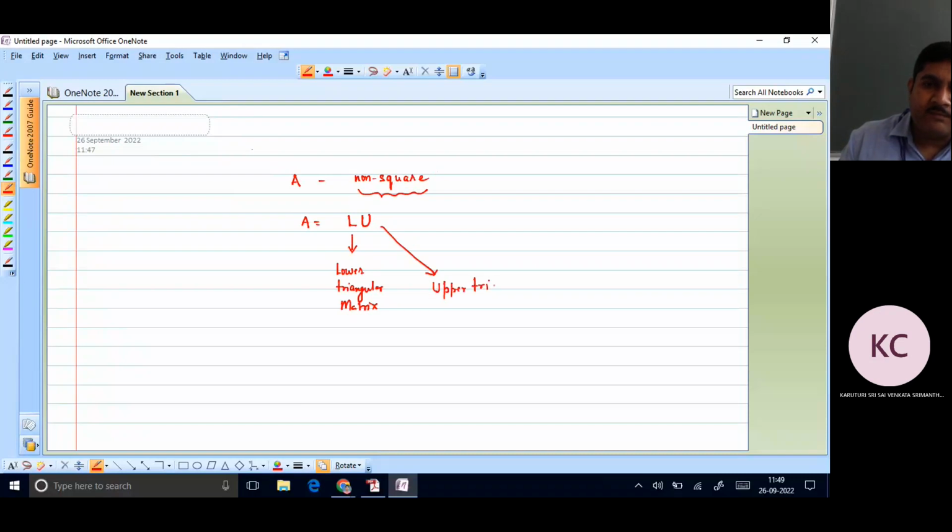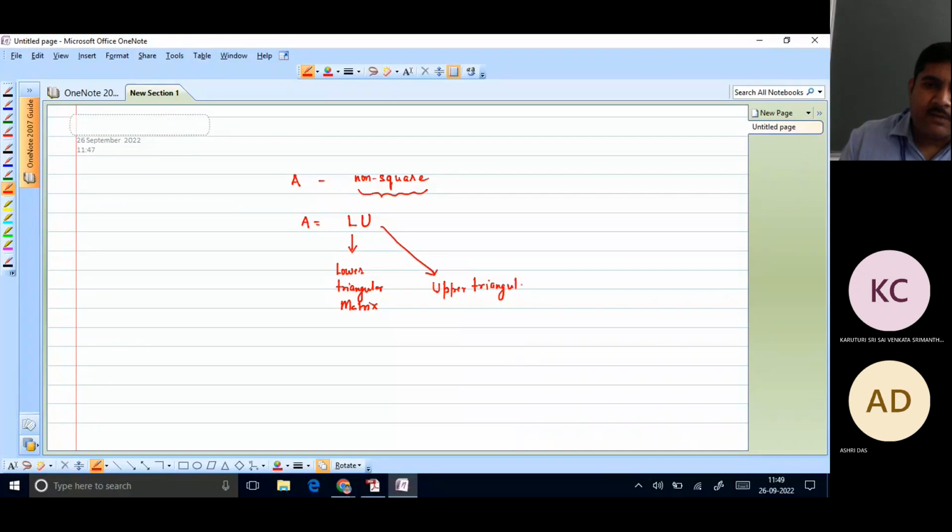Now if your matrix is non-square, meaning it is purely rectangular in shape and size, of the form m by n, where m and n are not equal,